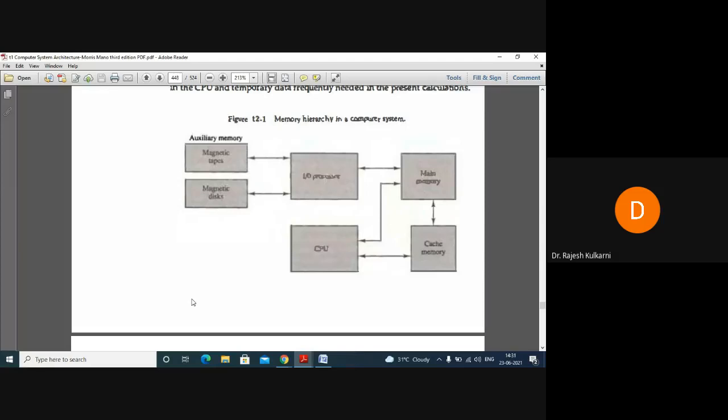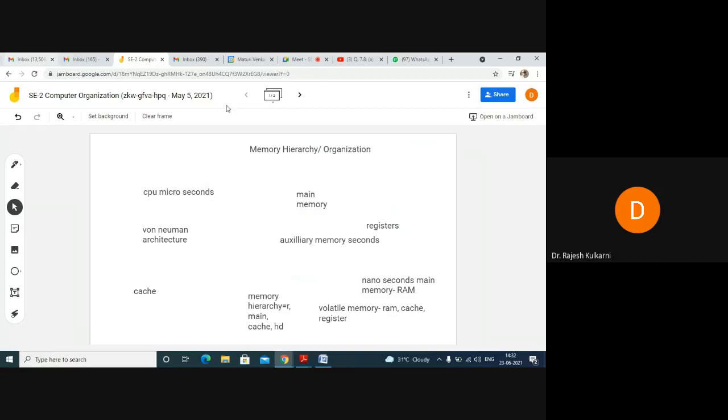Now, what will be the flow? How will a program be executed? Let us say Himashri or Nisha or Uday Teja or Sanjay write a program in Python, C, C++ or Java. So you write a program.